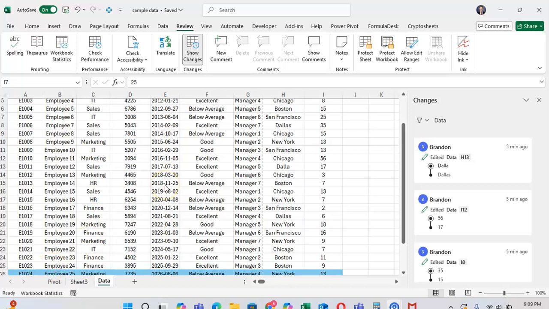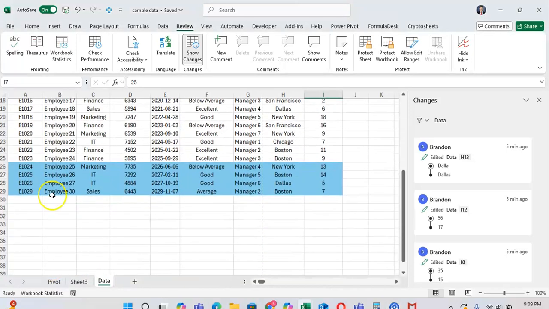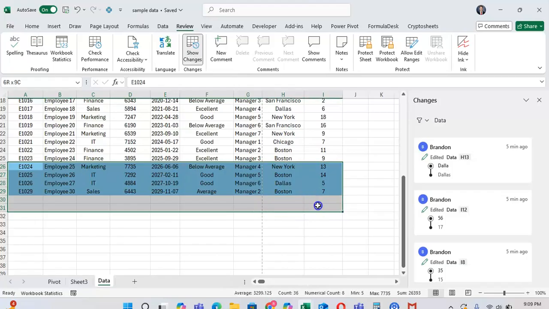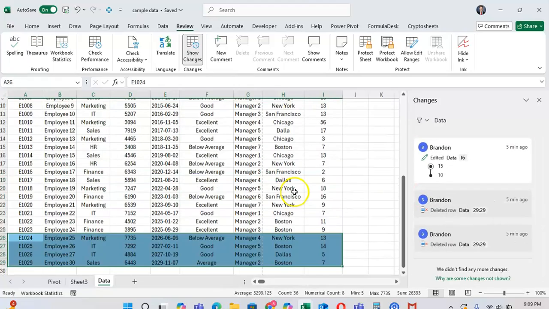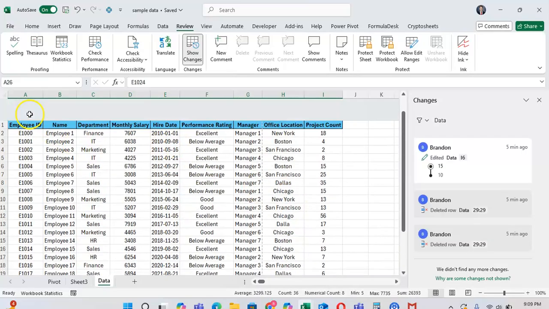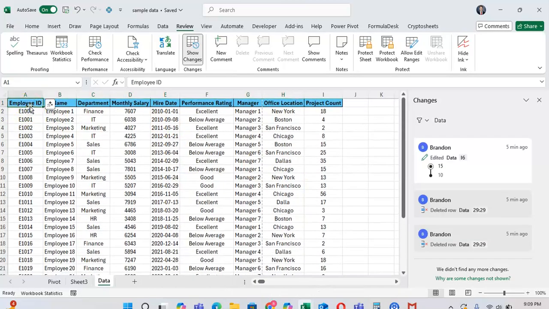Also, one thing to note is that it does not track formatting changes. So as you can see, I've highlighted these rows right here, and it's not tracking these changes. So even though the Show Changes feature is a little bit limited, it does help you make sure that the data that's being changed is changed in the most accurate way possible. It also helps you make sure that changes that are made are relevant. You can also see who changed the data, when they changed it, and what they changed it from and